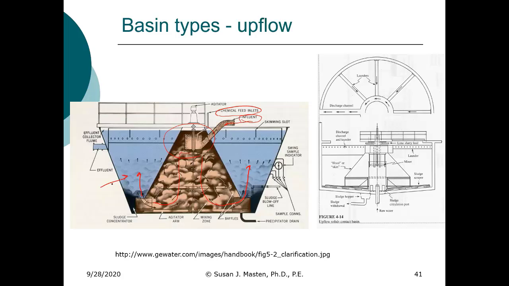It forms what we refer to as a sludge blanket. When you look at this, you can actually see the layer of sludge. The water flows up through here. It flows typically out over a weir and then into a channel and onto the next treatment process,